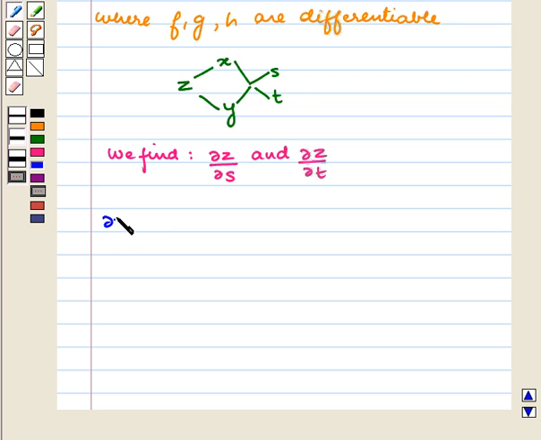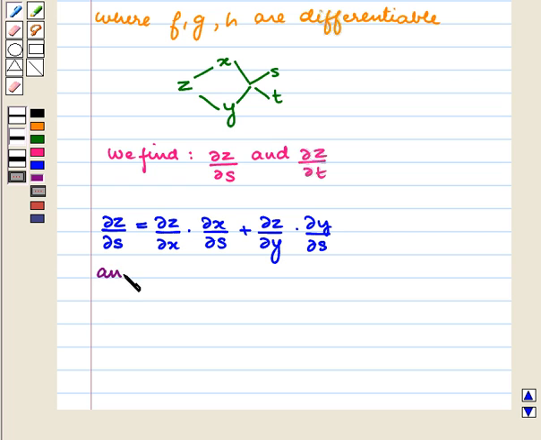Using del z by del s is equal to del z by del x into del x by del s plus del z by del y into del y by del s,